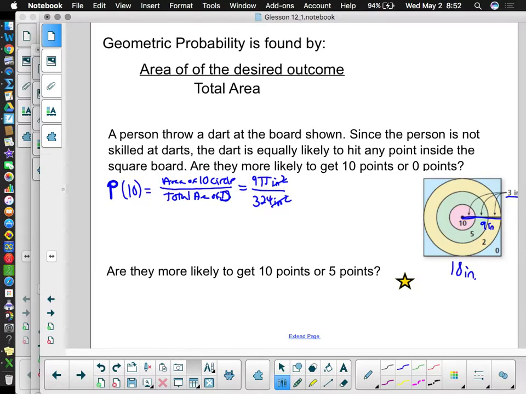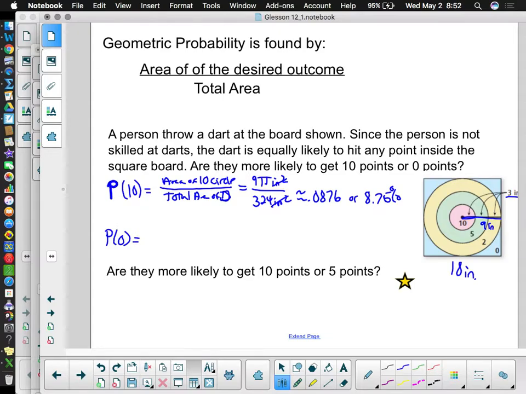So 9 pi divided by 324 is 0.0876, or 8.766% chance of getting in the bullseye in the 10 circle there. Okay, that's the probability of getting a 10. The probability of getting a 0,